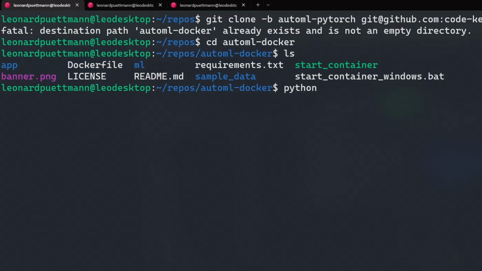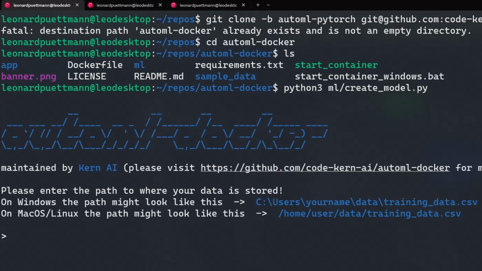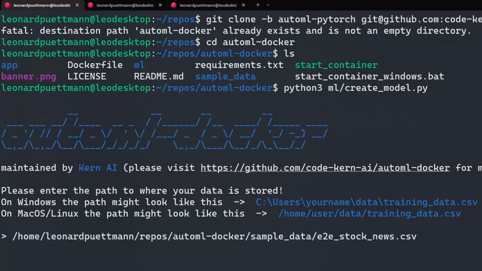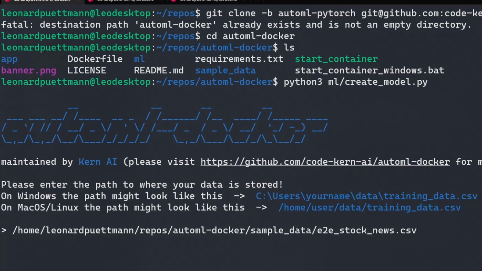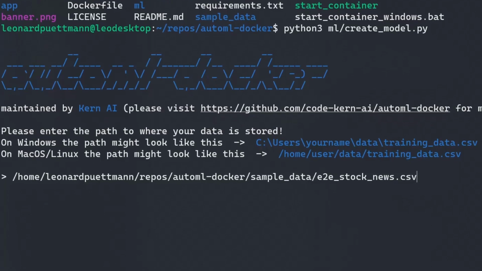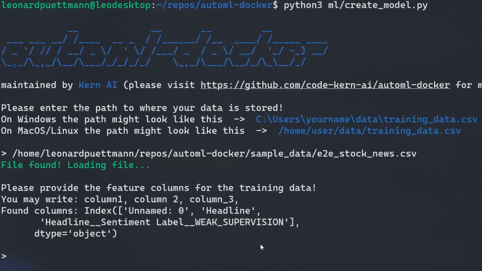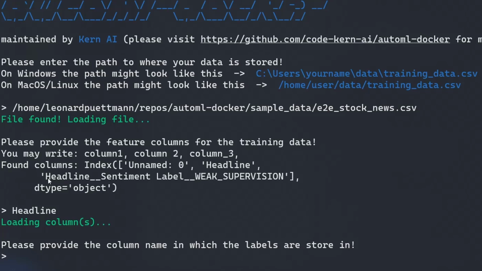For that, simply type in python3 ml/create_model.py and hit enter. Simply paste in the path where the data set we have just created is stored. Next up, we need to specify some columns where our features are in, and after that we also need to specify a column where the labels are in. Can simply copy paste that in here,